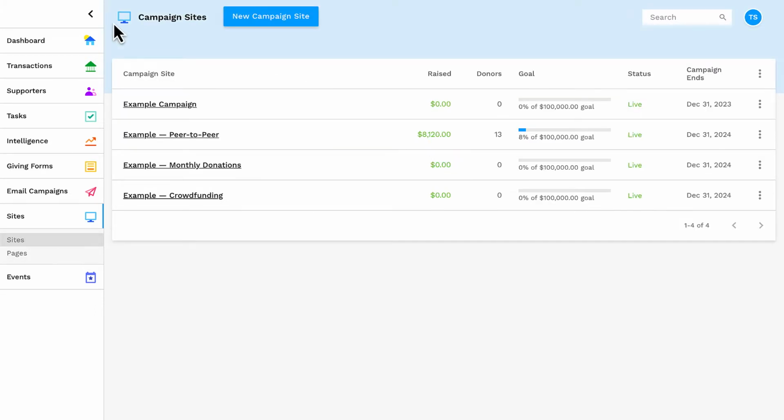Here, you can create a new site or click in to edit any of your existing sites or click to visit one of your live sites. If you've archived sites, you can also view your archive sites through the Action menu in the List header. Later in this video, we'll click in to create a new site.